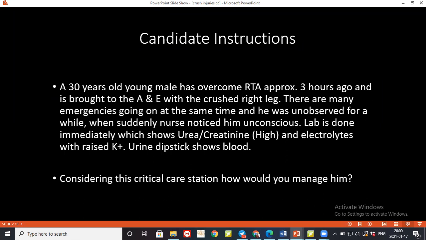As I'm suspecting the patient has something like crush syndrome, I would like to give the patient adequate fluids. I will place IV cannulas through the median cubital veins in both hands. With one IV cannula, I'd like to start vigorous fluid resuscitation to maintain urine output of more than 300 ml per hour. And after that, I would like to maintain adequate diuresis by giving